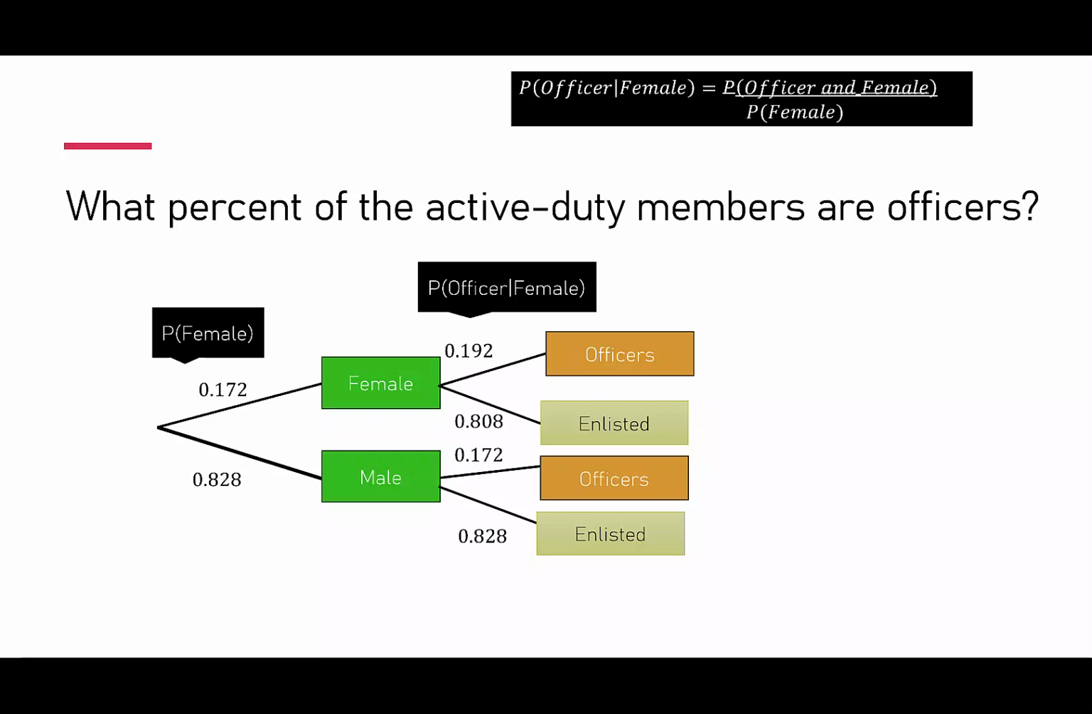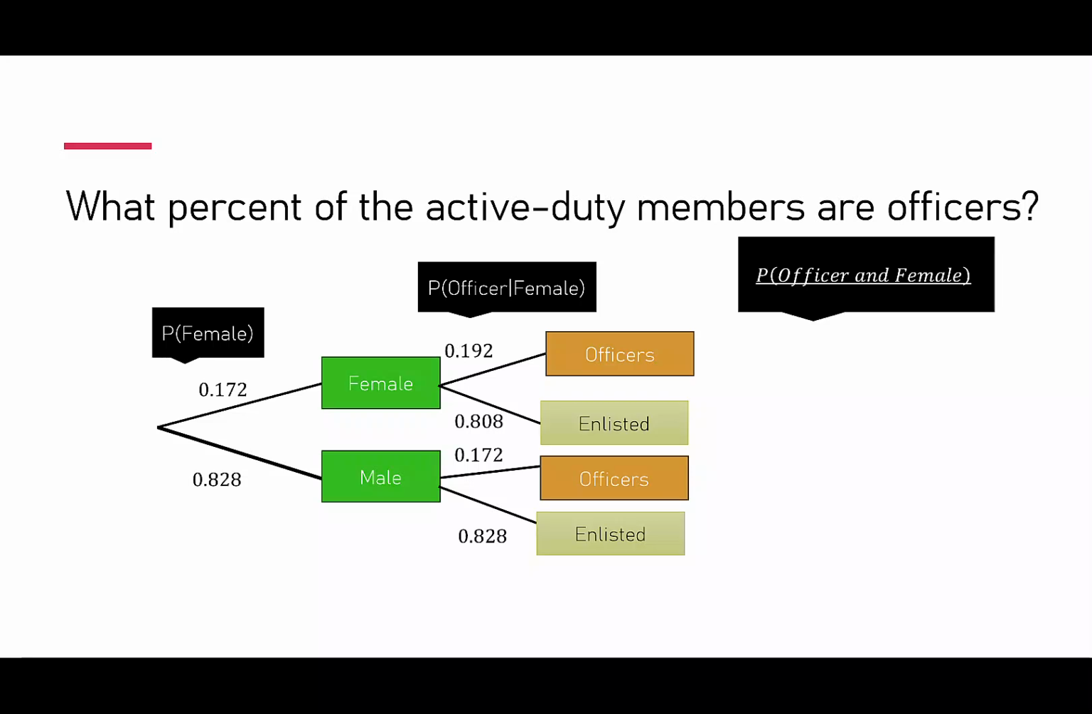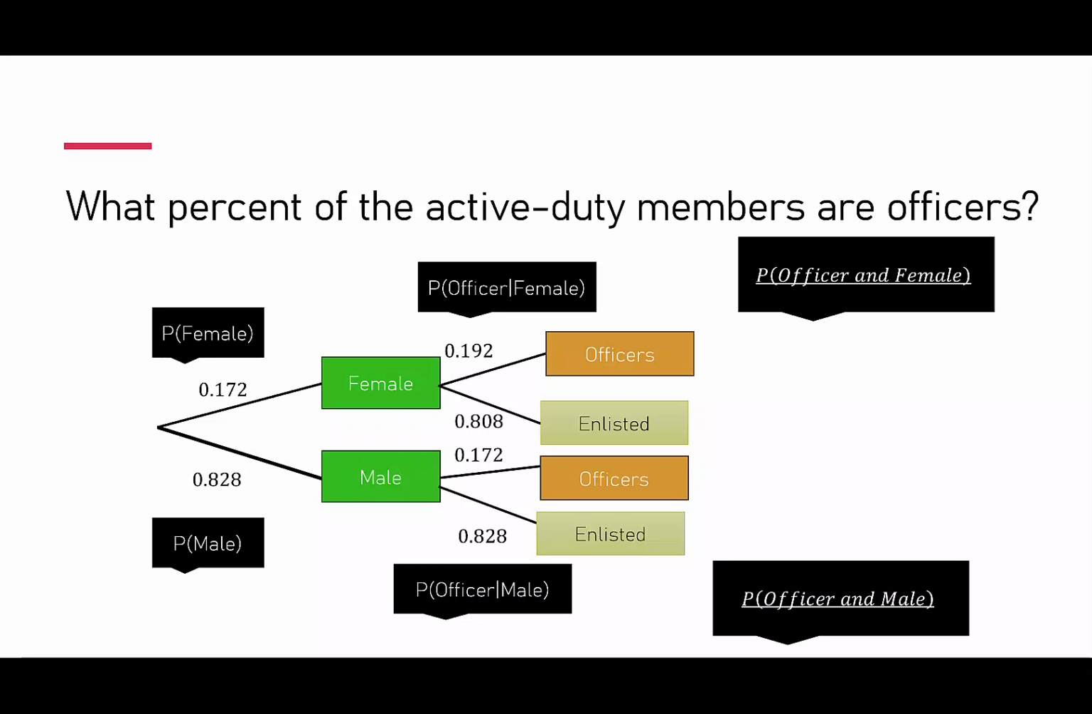We want to isolate the probability of officer and female, so we're going to take this probability of female and multiply it over to the left to get the probability of female times the probability of officer given female, which will be equal to the probability of officer and female. Then we'll also be able to go through and do the same thing with males. We'll have the probability of male times the probability of officer given male,